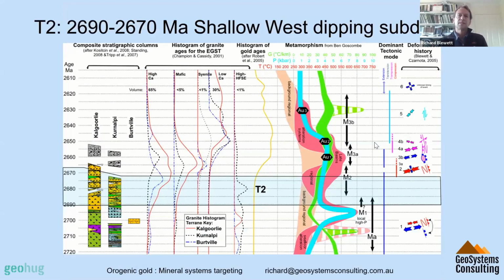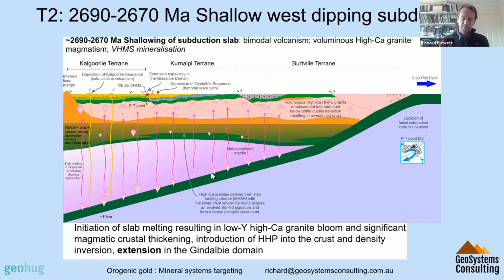Then coming into the second stage, we get more intermediate volcanics. This is when the granites really start kicking off volumetrically. So these have to come off a mafic source. So it's not directly out of the mantle. The mantle's already melted to make basalt, and then you melt that and you make these high calcium granites, and